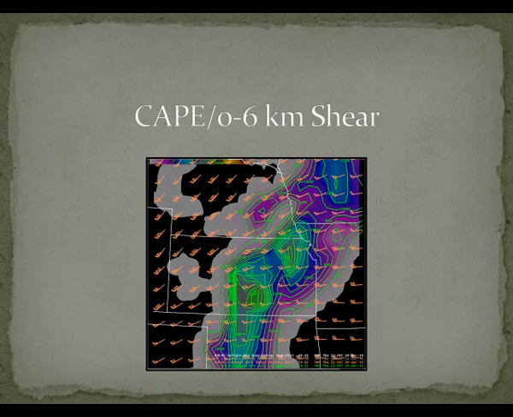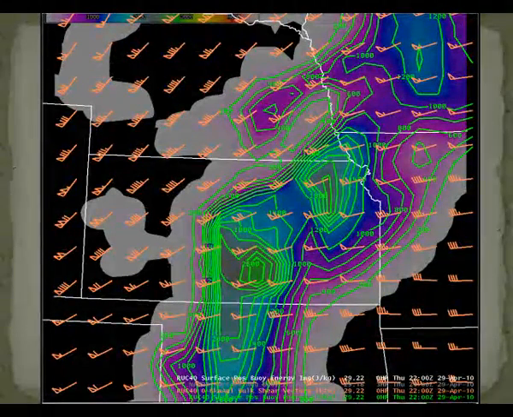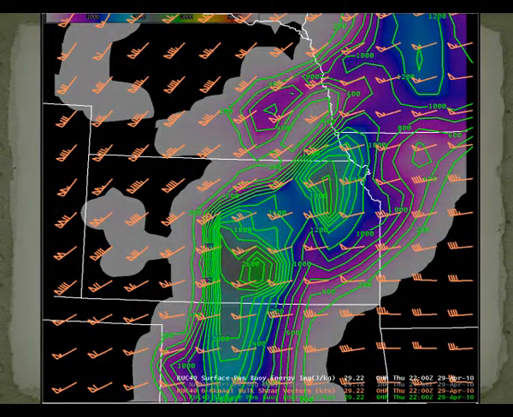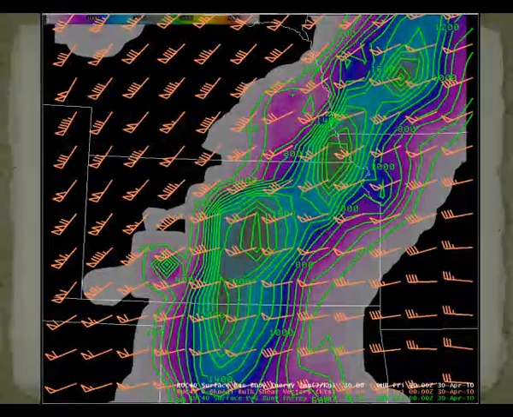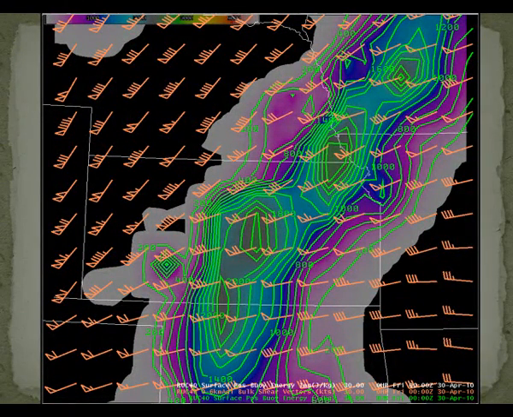Now we'll look at the overall CAPE-shear relationship for this event. As expected from the sounding, we have ample surface-based instability by 22Z. As we move along in time, we see the CAPE bullseye stretches northward with better surface heating and decent moisture into north-central Kansas. By 0Z, we can see good instability to our west with good surface-based instability along the cold front, with exception to an area near Washington and Marshall counties where SBCAPE may be subdued from models resolving